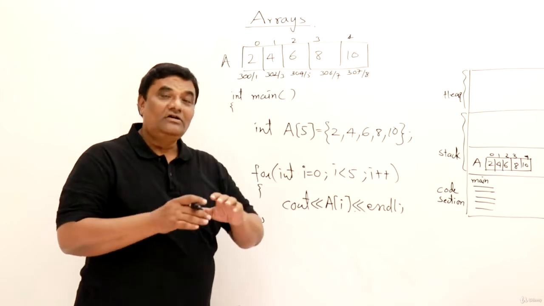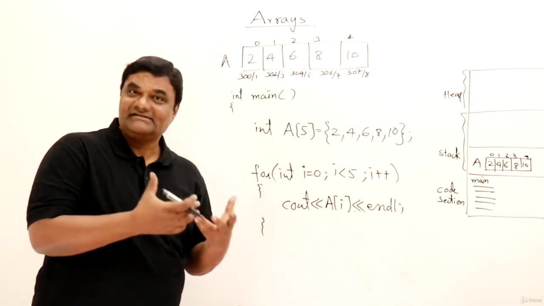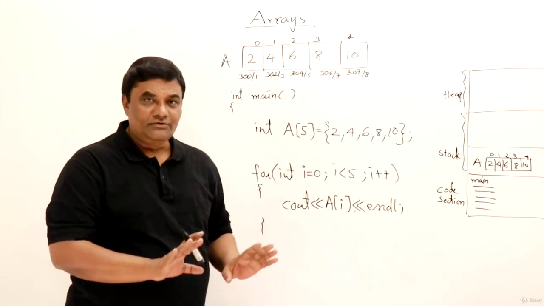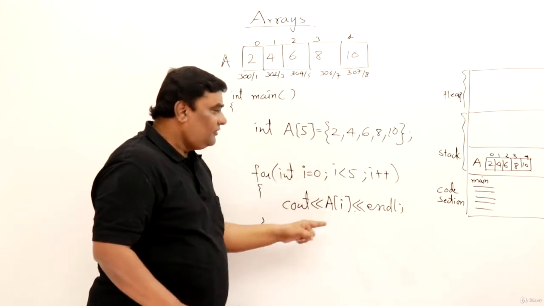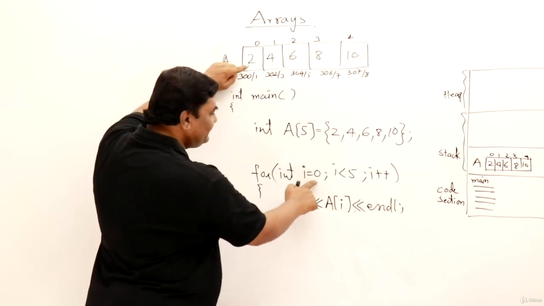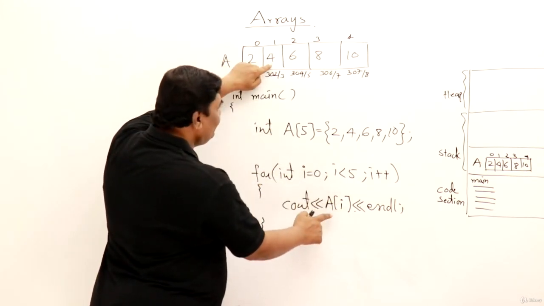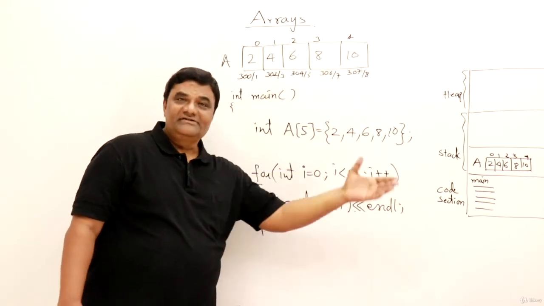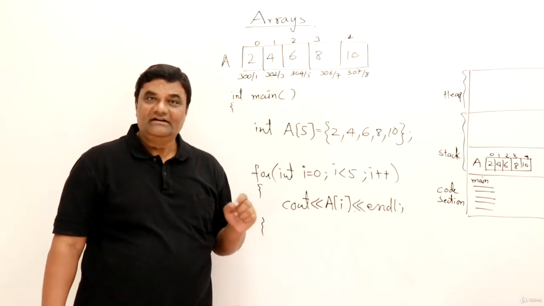So I should say all the elements of an array can be accessed. Whether you are printing them or displaying them, whatever you want, you can do it. But using a for loop, you can go to each and every element. So the first time a of 0, i is 0, so it will be a of 0, then a of 1, a of 2, a of 3, a of 4. Like this, we can visit all the locations in an array.